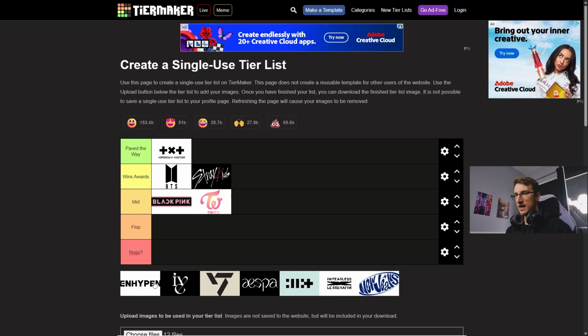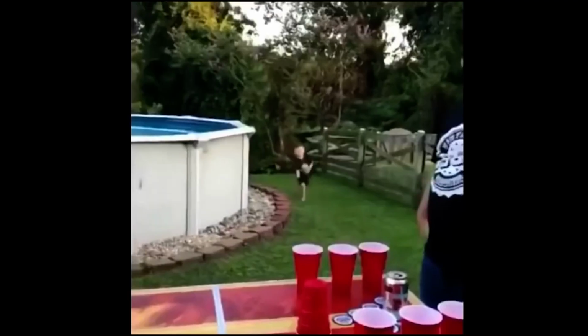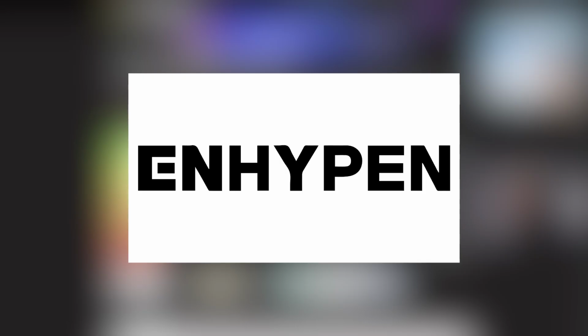So the next logo we have here is Enhypen's logo. Let me see what you have. It's a knife. No! So Enhypen's logo here uses a bold square typeface, and it uses a hyphen as the